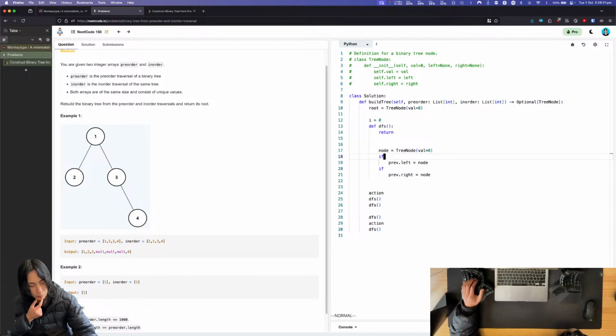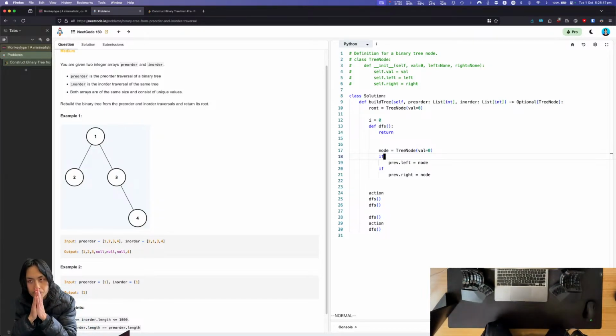So you would maybe use this, is a tree problem. Maybe